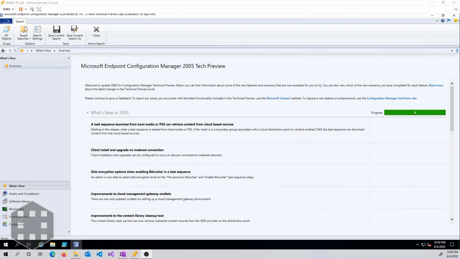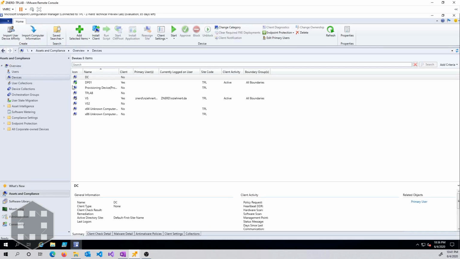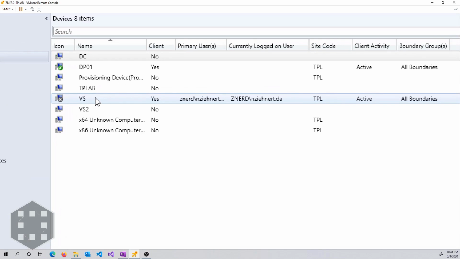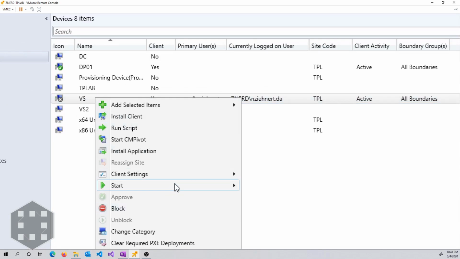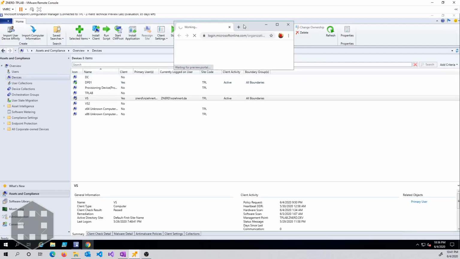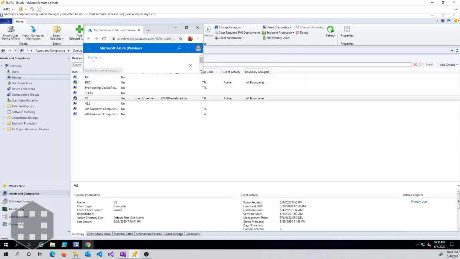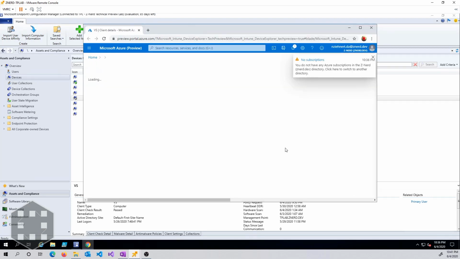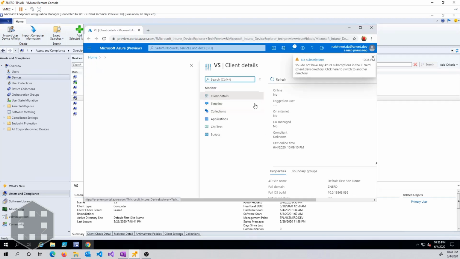First, let's take a look at what the timeline looks like. Now, when this feature is released to production, you'll be able to access this directly from the Admin Center. However, for us technical preview users, we do need to open up the Assets and Compliance blade, select Devices, and then right-click on a device that we want to look at. And we're going to start our Admin Center preview. This is going to open up a web browser, and you may be asked to log in. If you haven't, I already have. And then we're going to select, once this loads, timeline feature,